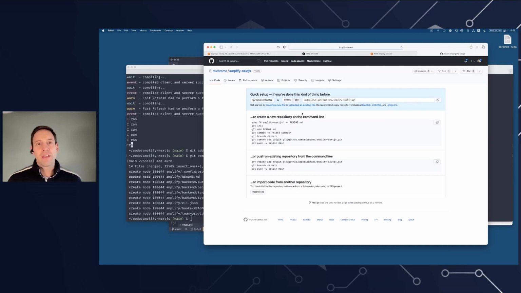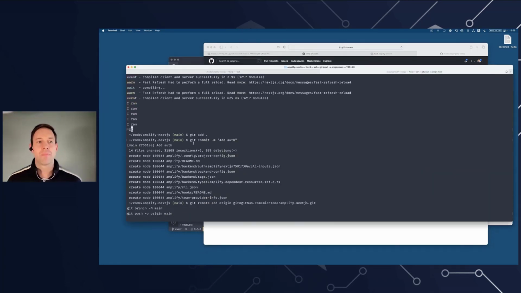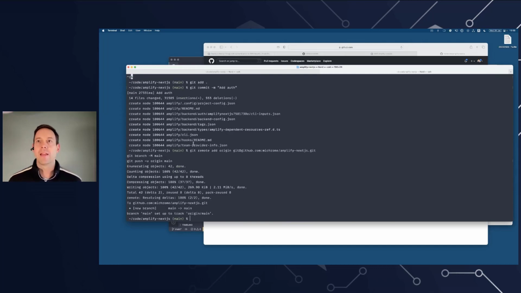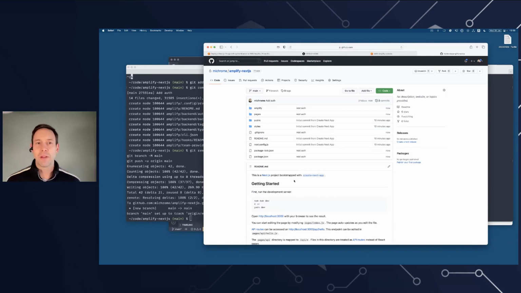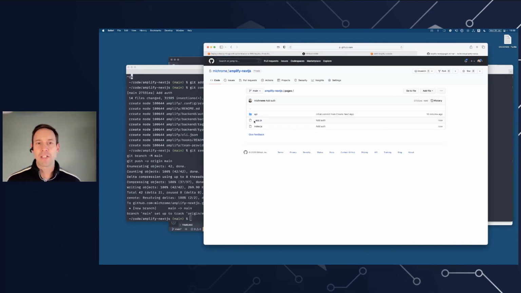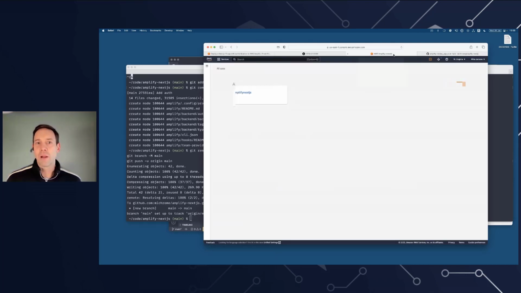And when I do that, GitHub helpfully gives me the instructions to associate this new repo with my local code and push up my main branch. So I'm going to copy those commands and paste them into the terminal. And now when I refresh the screen on GitHub, we can see my code has been pushed up and the pages that we were just working on are on GitHub. Okay. Now I'm going to switch over to the Amplify console